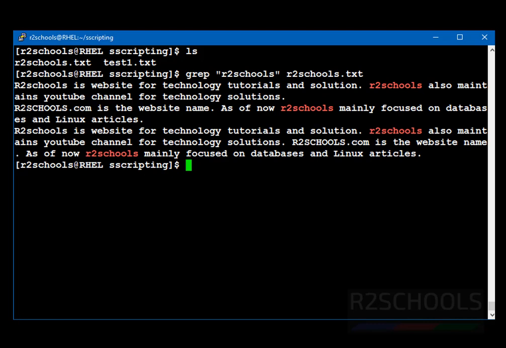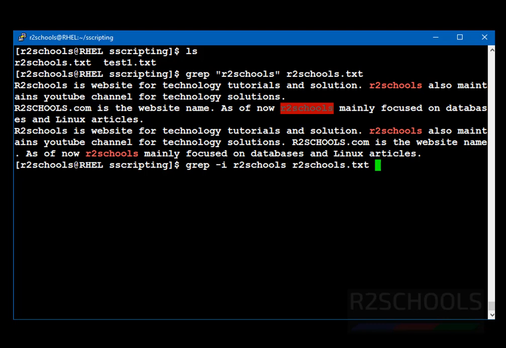But notice here, there is one more r2schools. Also here, one more r2schools. But the highlighted ones are lowercase. If you want to search irrespective of the case, then use the command grep -i r2schools, then the file name.